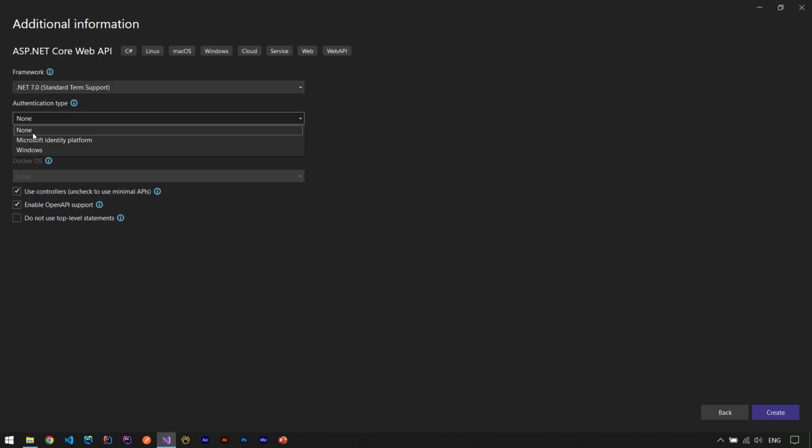For the authentication, I don't need any. Configure, yes. Enable Docker, no. Use controllers, yes. I don't want to use minimal API, so I'll tick this. Enable OpenAPI support to use Swagger, yes. Do not use top-level statements, no. So let's create our project